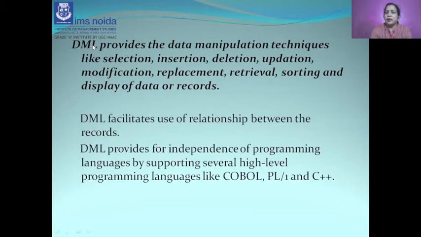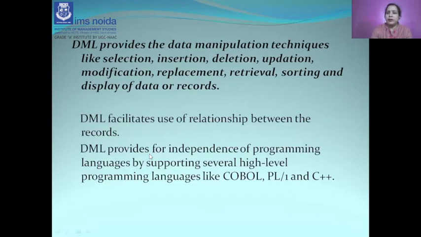It means we are more focused towards the data. So DML facilitates use of relationships between the records. The record relationships which we have established in the logical schema, in the logical structure, based on that relationship we will retrieve the data. DML also provides independence of programming language.